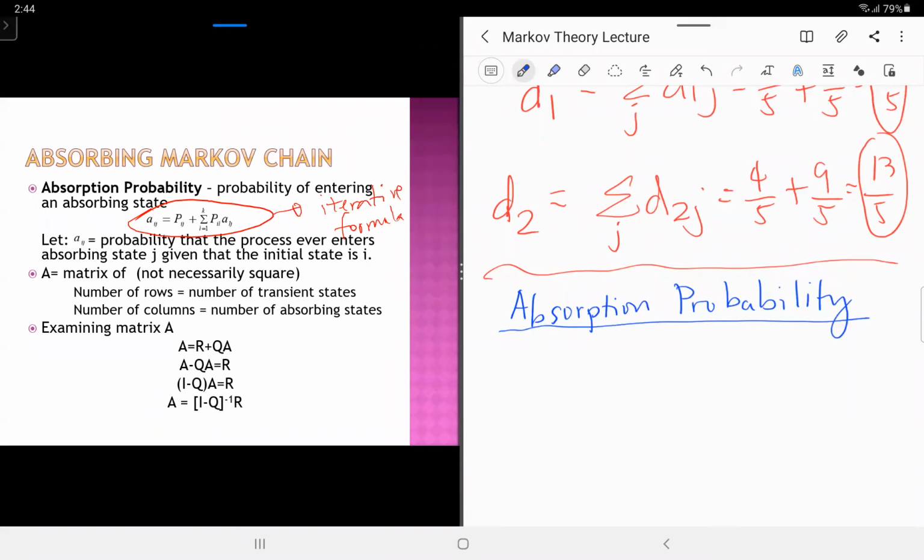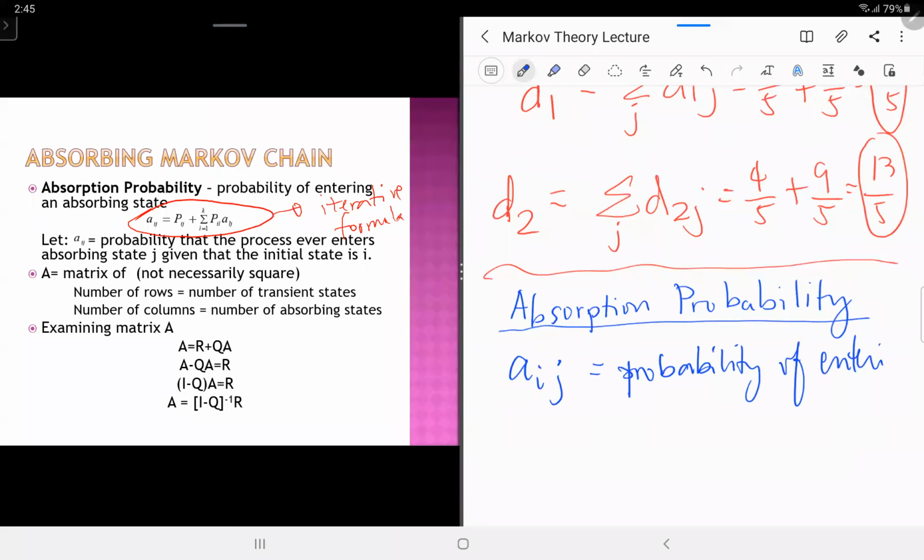To enter an absorbing state, it's obvious that you have to come from a transient state. So here we have I and J, where I is the source transient state and where the process will be absorbed in absorbing state J. So subscript I, so if I put it here, Aij, okay, this is the probability